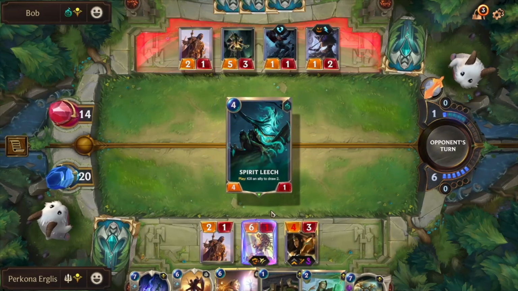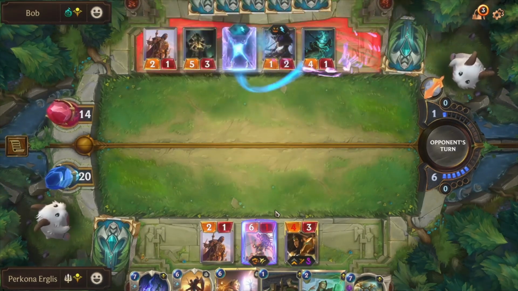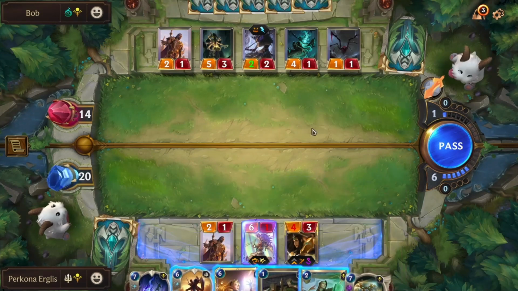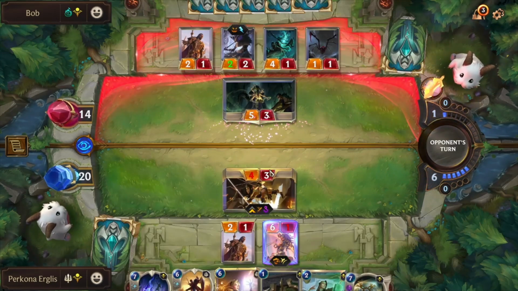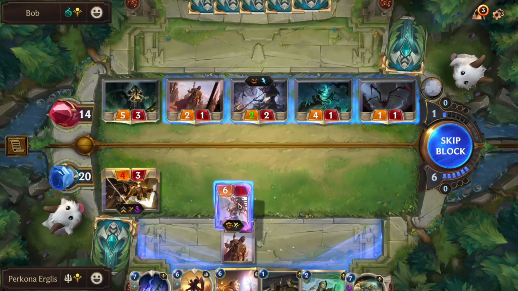I'm going to pass here. Okay, that's fine. The cycle is done. I wish I could use Boomerang. That'd be really nice. But we're going to pass again. I'm going to use back-to-back here to ruin. Should be really close to leveling up my...